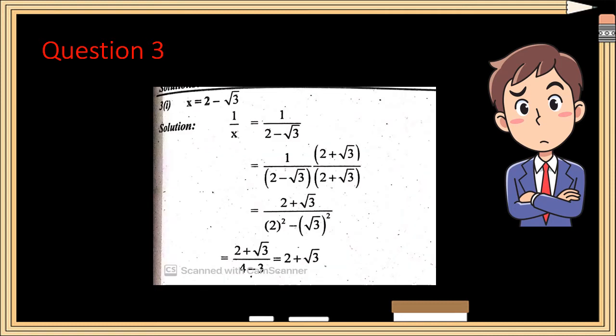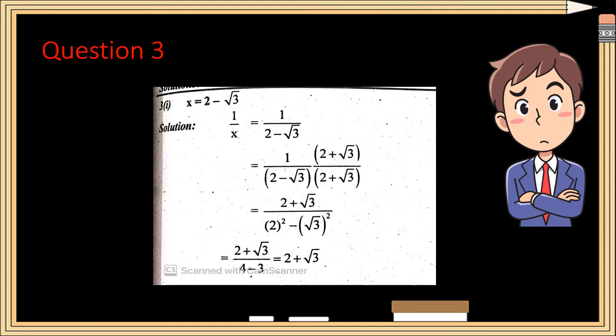Question number 3 is quite important. 2 minus square root of 3. Now what you will have to find is 1 by x. So 1 over x is written as 1 divided by x, which is 2 minus square root of 3. Now you will take the conjugate and multiply and divide it with the conjugate, so you are rationalizing. So in the numerator we have 2 plus square root of 3, and in the denominator you will get